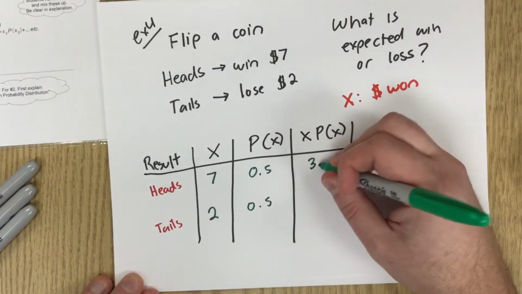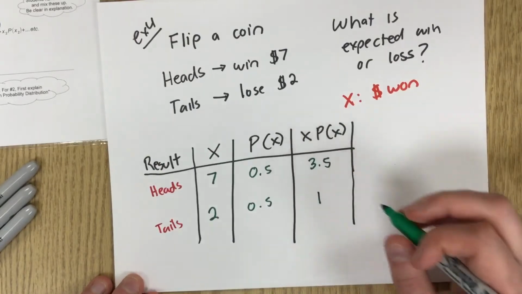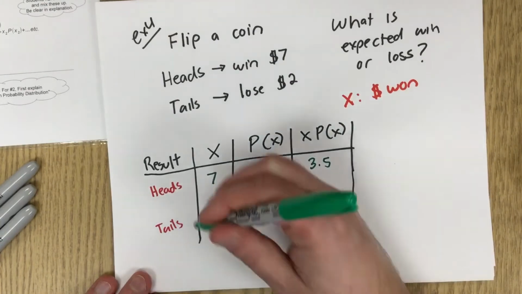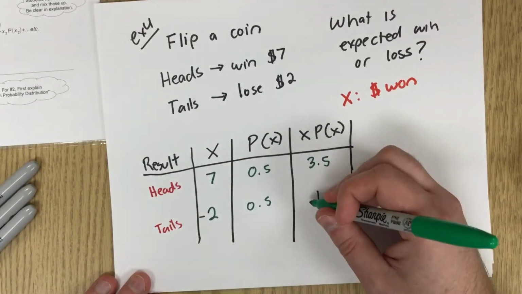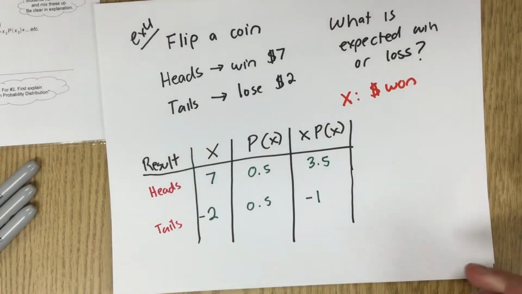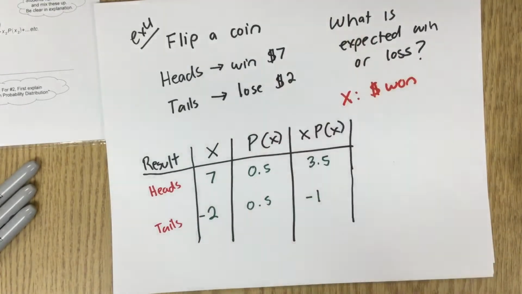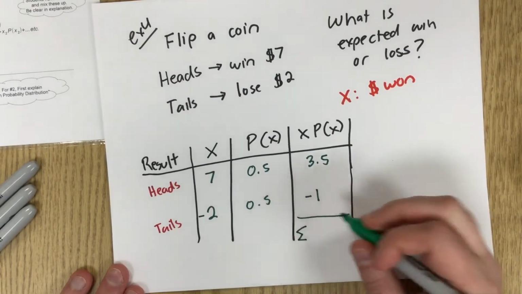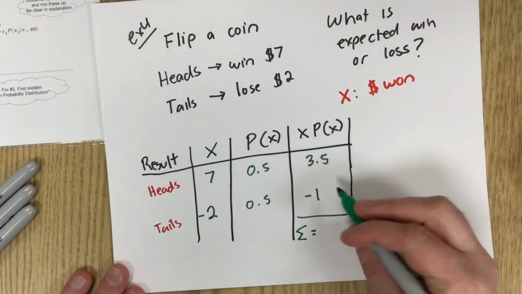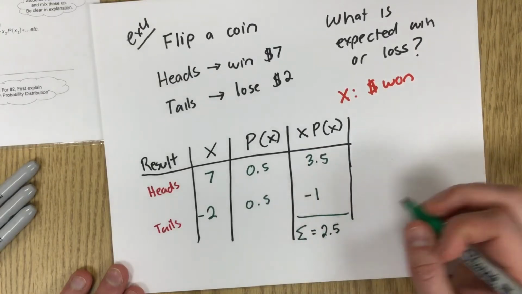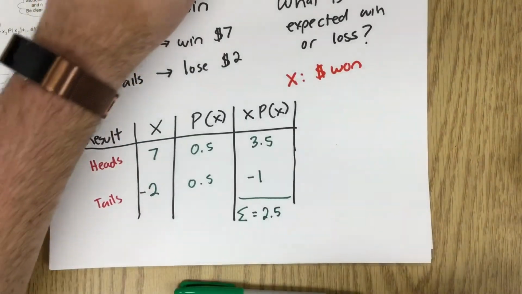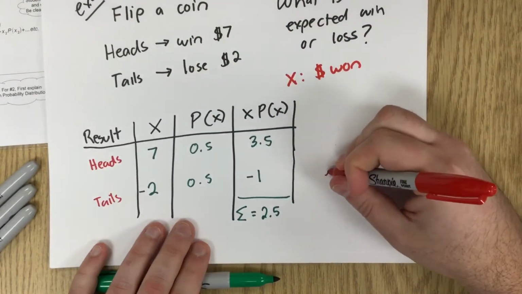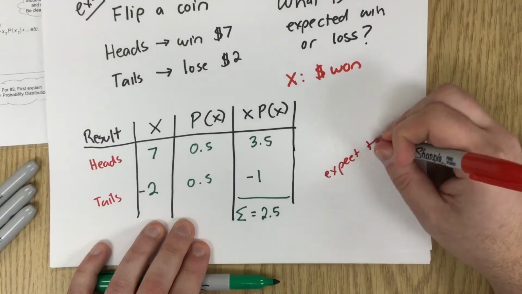So this value is 3.5. This value is 1. Oop, I made a mistake. It's actually lose $2. So that's going to be negative $2, which is going to be negative $1. Because the way I had it before was if you were winning 7 or winning 2. And then we take the sum of these, and the sum is 2.5. So what that means is that for this game, with these rules, we expect to win